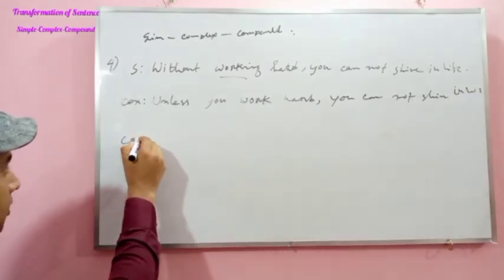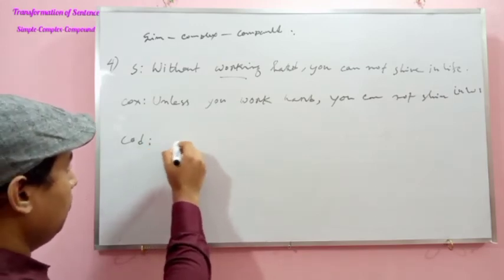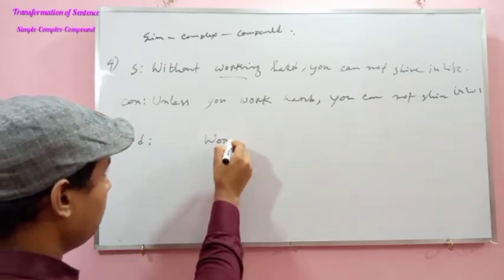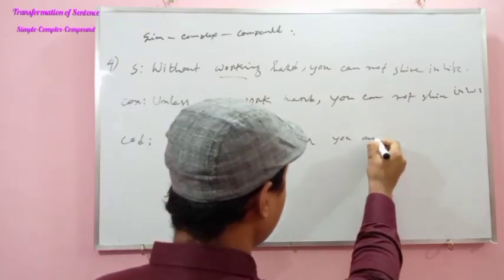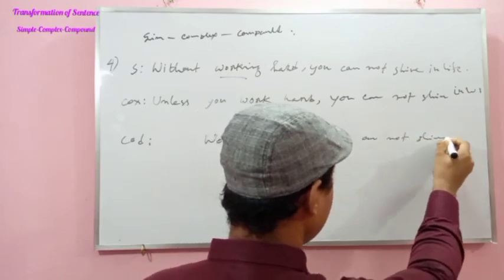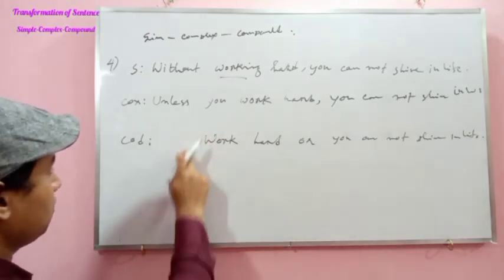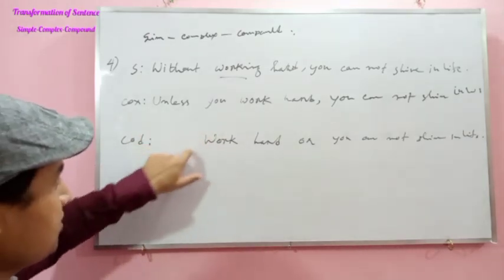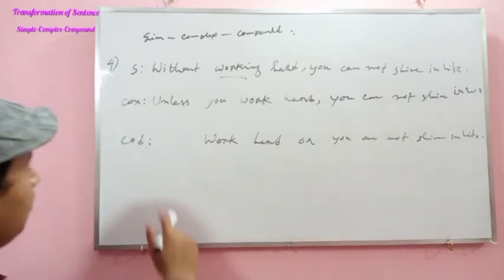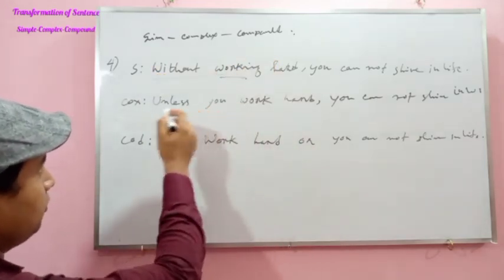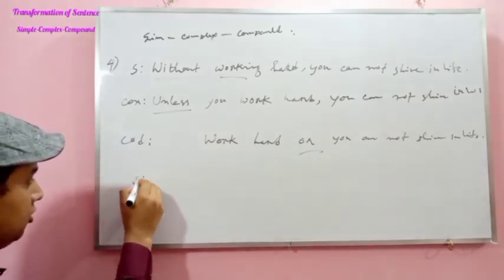Okay, then the compound is: work hard or you cannot shine in life. Please notice that there is no subject. There is no need to use any subject. So work hard or you cannot shine in life. When you find without plus verb plus ing in a simple sentence, you will give unless in complex and or in compound sentence. So the technique is